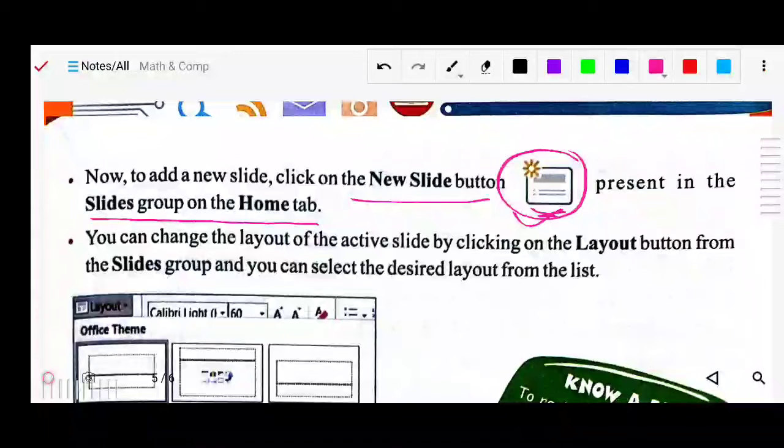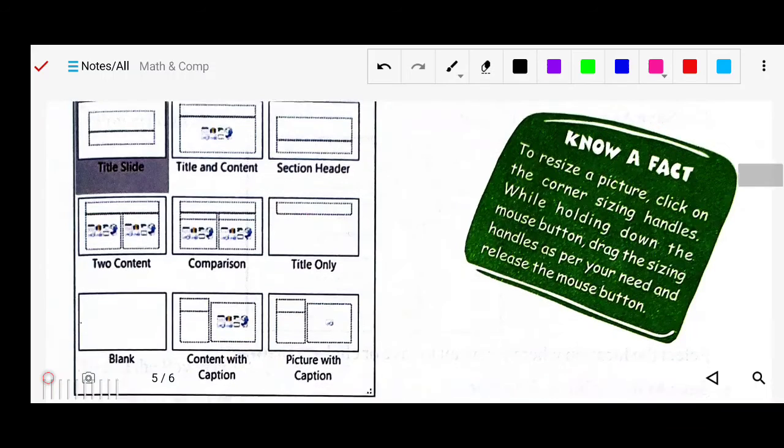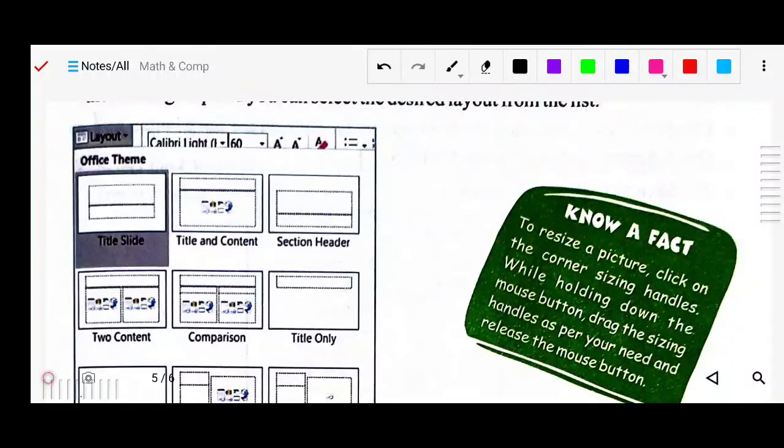Now you can change the layout of the active slide by clicking on the Layout button. By clicking on the Layout button in the Slides group, you can select the desired layout. Here is that option. In the layout you can get a lot of different kinds of layouts.